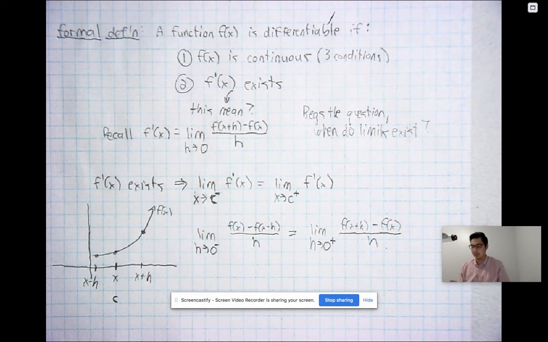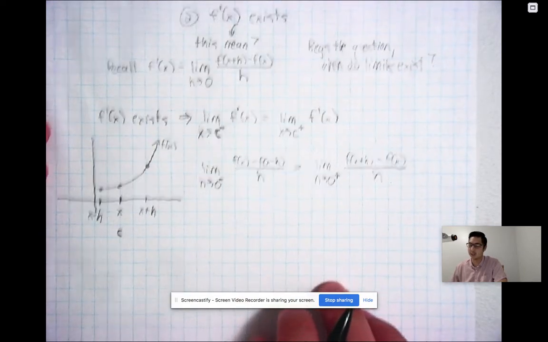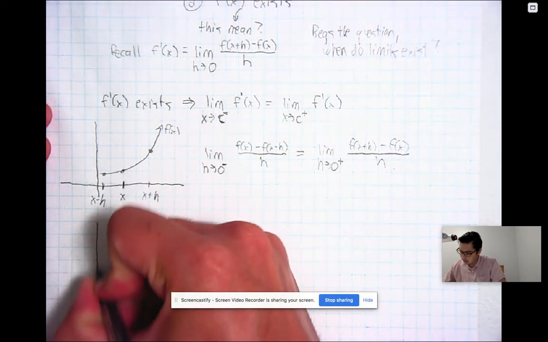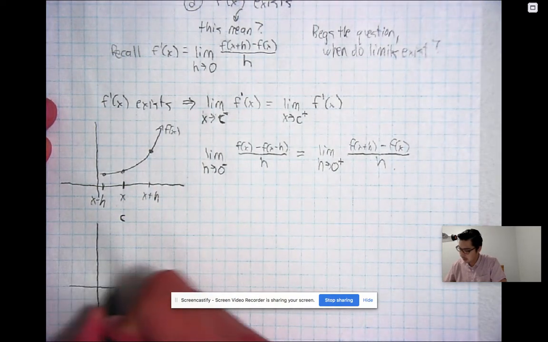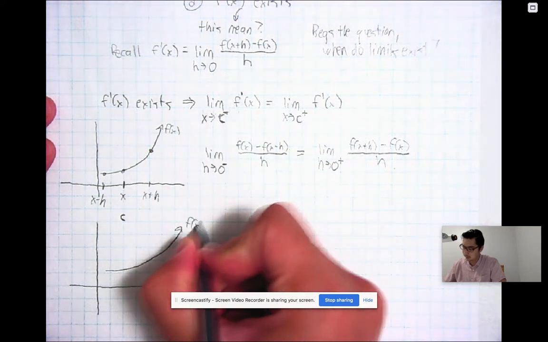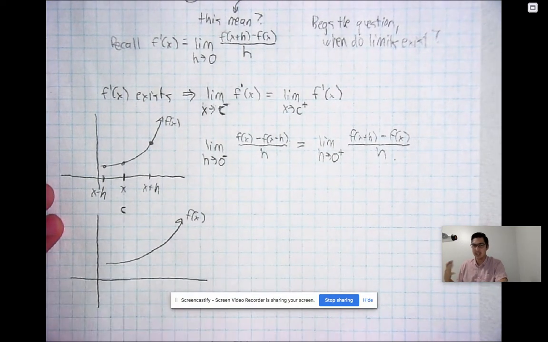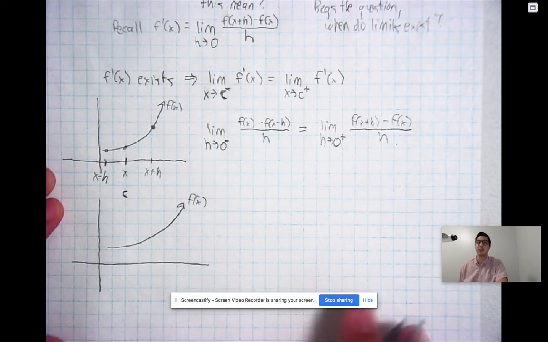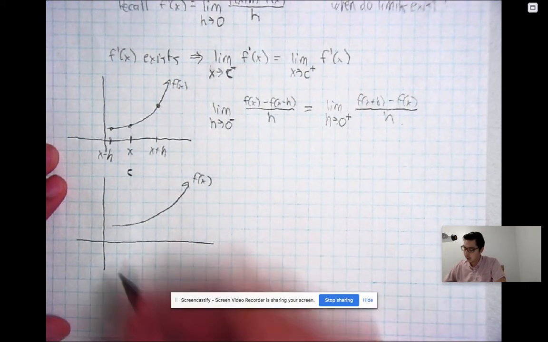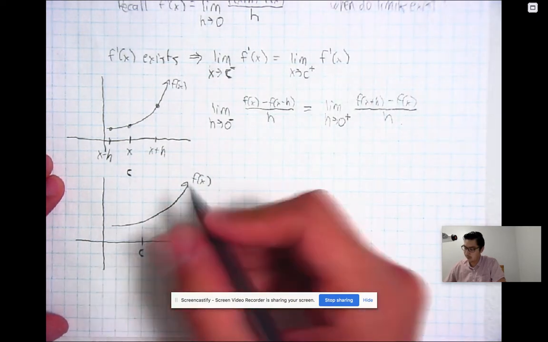Now, in the next video, I'm going to talk about a different definition we use here, where I'm just going to cover it here, and then you'll see in the next video. Where basically, for an arbitrary curve f of x, whatever it looks like, instead of using x minus h and x plus h, which is a really comfortable definition we've used for a while, the other definition we're going to use is a different method you saw,